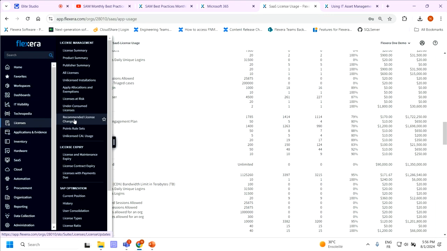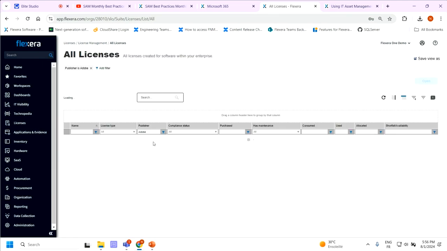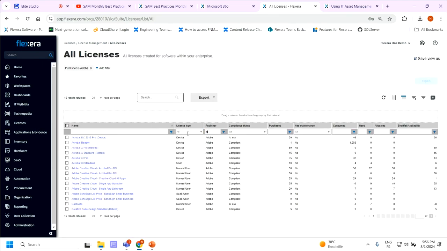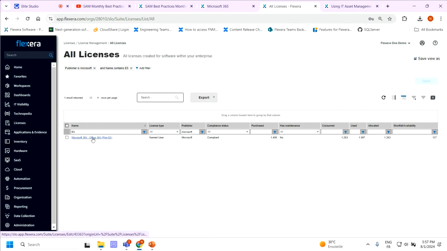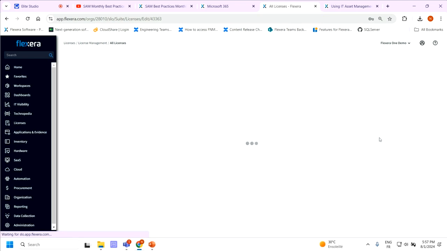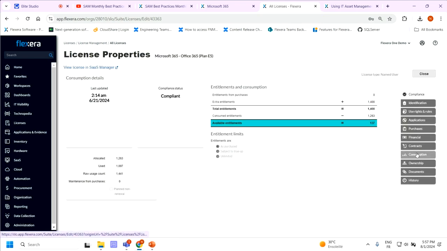And I will go to all licenses. And in the licenses, I will filter on Microsoft. And let's check E5. Okay. So here I have the E5 plan. The license got created by SaaS Manager. So if I go to the consumption, you see a view license in SaaS Manager. So from SaaS Manager, you can jump to ITAM, to the on-premise part. From this part, you can jump back to the license in SaaS Manager. And in the consumption,